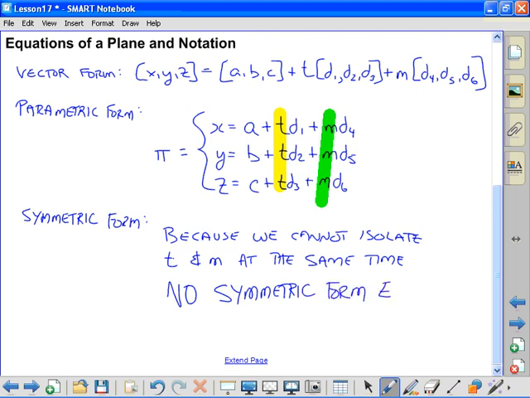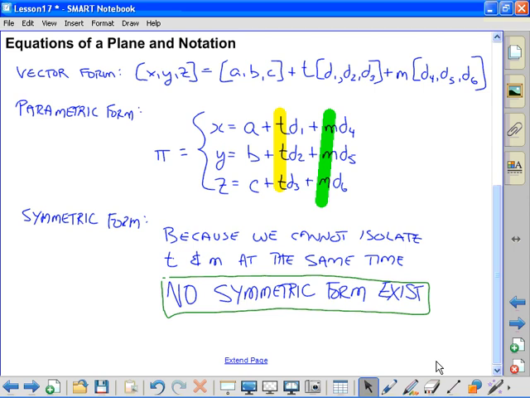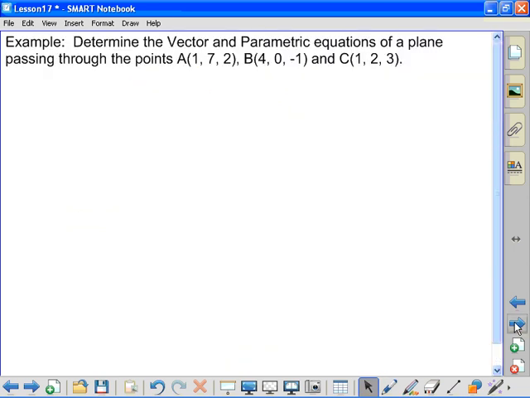All right, so there is no symmetric form for a plane. So on a test, when I ask for the symmetric form of a plane, it is not a trick question. It is a question as to whether you understand the requirements for a symmetric form of an equation. So you can put a star on that. Definitely going to put a question like that on the test. So please be aware. Moving along then, determine the vector and parametric equation of a plane passing through those 3